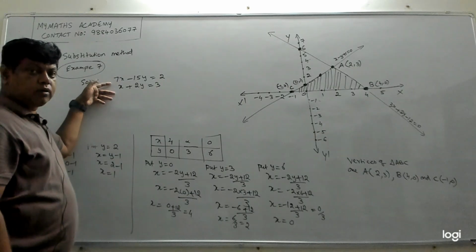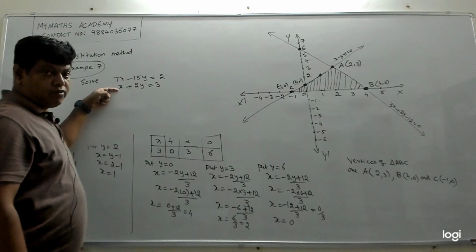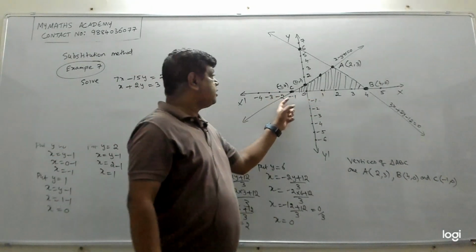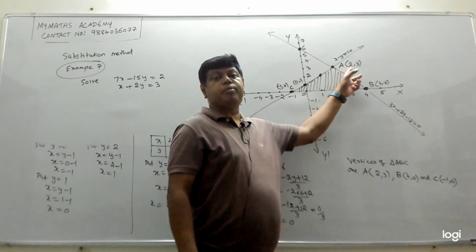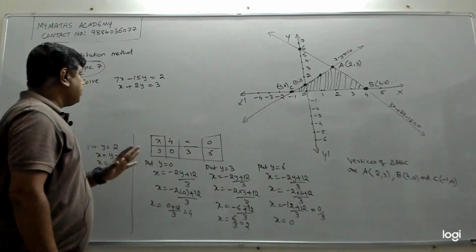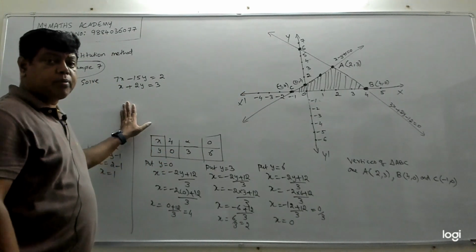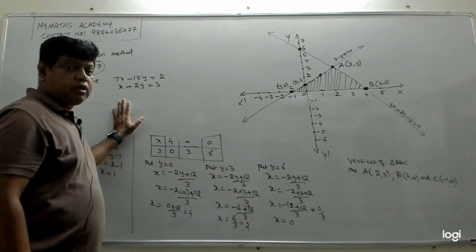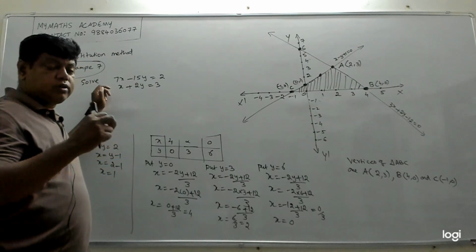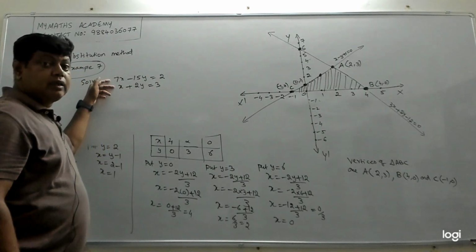So either we can go by the graphical method, draw the graph for this and graph for this and see where the two graphs intersect. In this case, these two graphs intersected here. So this will be the solution, which means x is 2, y equal to 3. This is for the graphical method. But here they are not asking you to solve by the graphical method. Here we are into the section of solving the pair of linear equations in two variables using the substitution method. We are going to solve using substitution method.